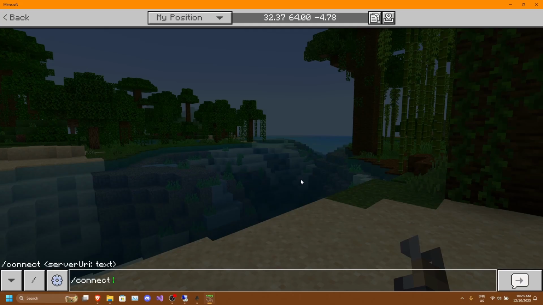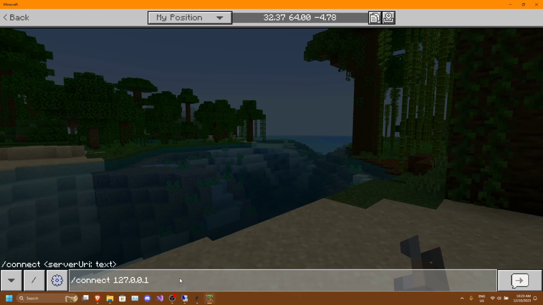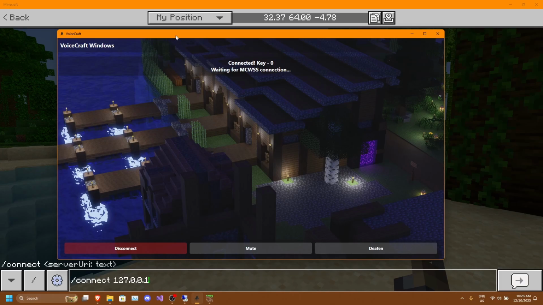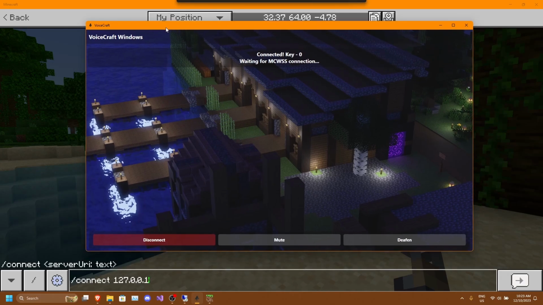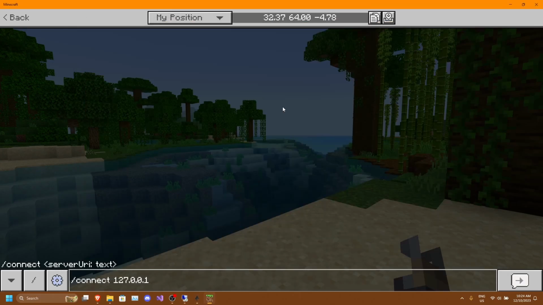And the loopback IP address is 127.0.0.1. Now, this will make it so Minecraft will specifically look for an endpoint connection to the VoiceCraft application on the same laptop.